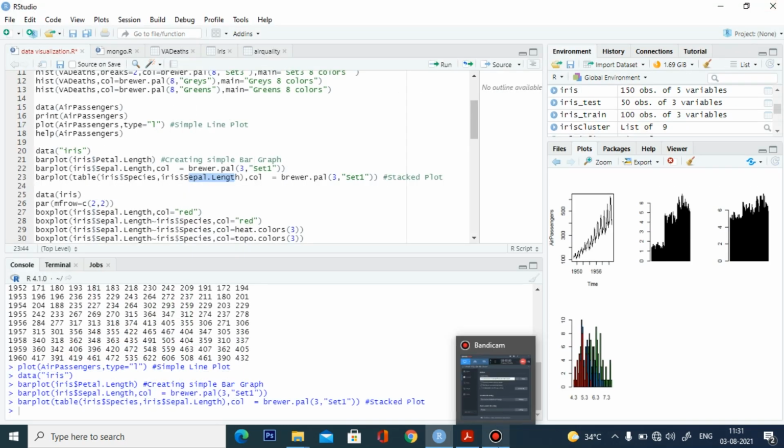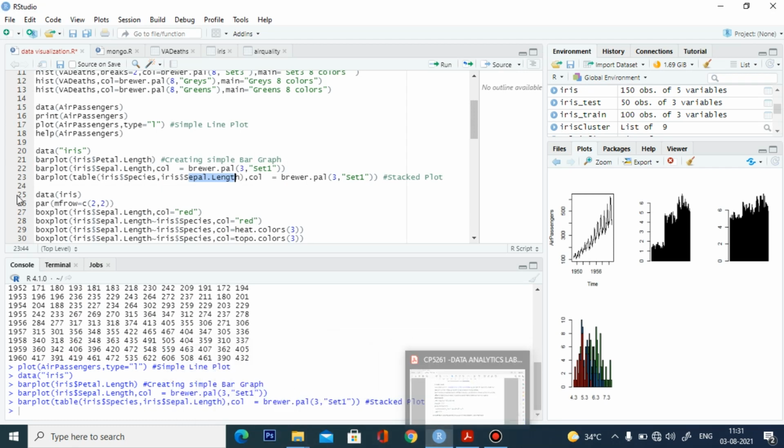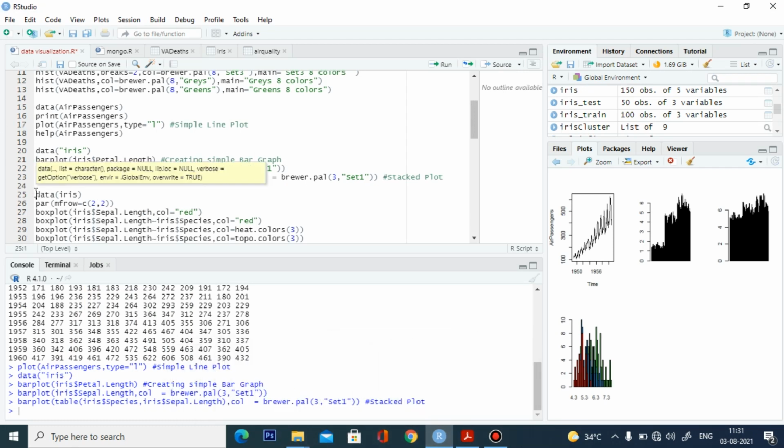And we have one more basic visualization technique, which is the box plot. So what is a box plot? The box plot shows the 5 significant numbers in your data set: the minimum, the 25th percentile, the median, the 75th percentile, and the maximum.